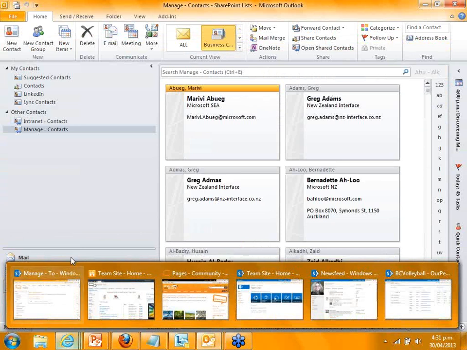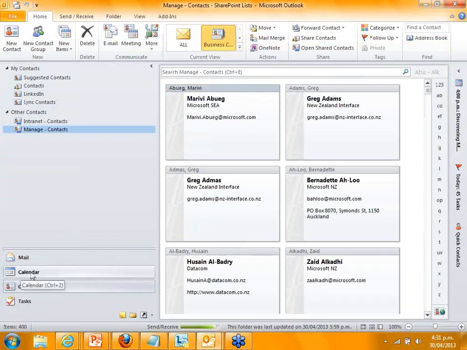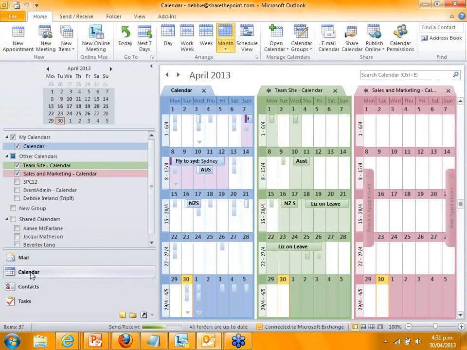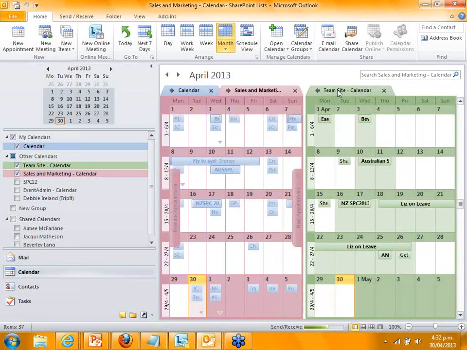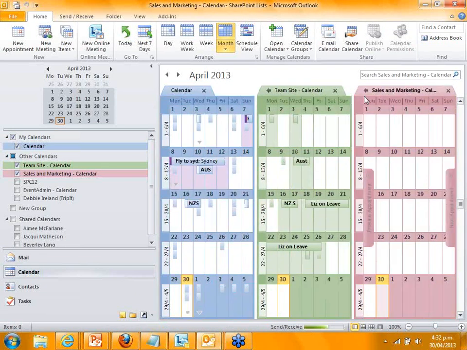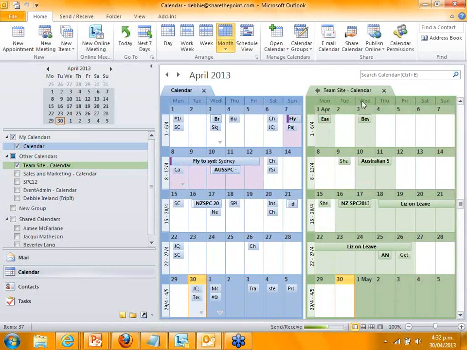The other things that I can synchronize with Outlook while I'm in here are things like a calendar. So you saw how at the moment I've got 3 calendars showing. I can actually show them as calendar overlays, or I can show them just side by side. And it means that if I've got a SharePoint calendar, which this one here is a SharePoint calendar, I can see all of my team activity as well as what's in my personal calendar. So my personal calendar has things to do with DB item, whereas the team site calendar has things to do with the whole of the organisation that I work for.